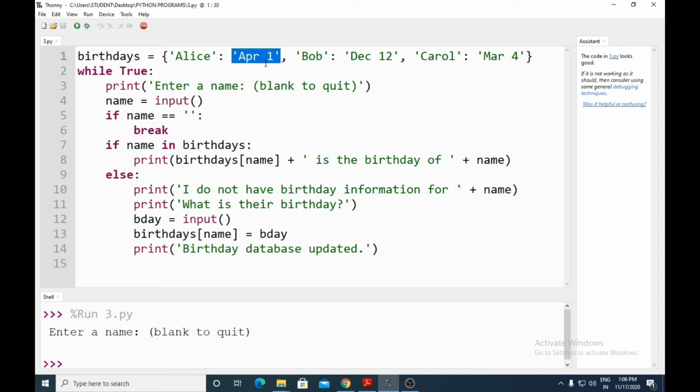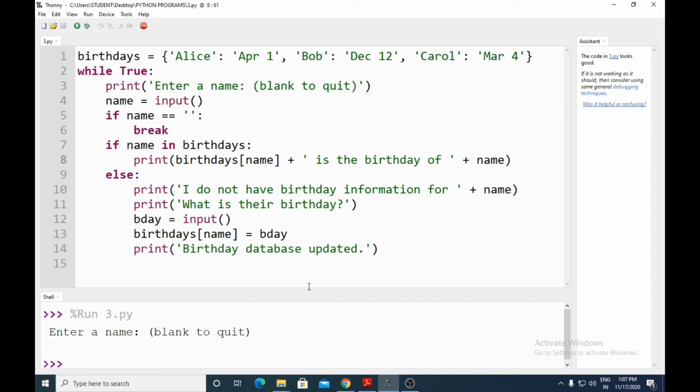If you want to access the values of the dictionary, you take the variable name followed by the key name. I entered the name Alice, so birthdays of Alice will give me the value April 1. So April 1 is the birthday of the name I have entered, Alice. It will print April 1 is the birthday of Alice.